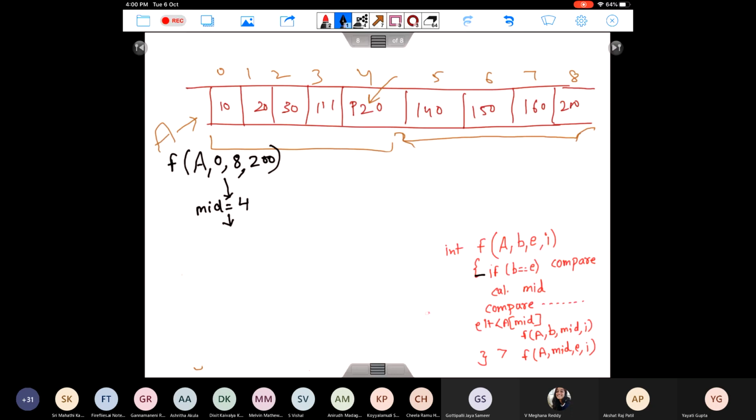So what is this function going to call now? This function is going to call f of a, mid, end. Now my beginning will shift to mid. So now my beginning becomes 4 and end remains 8, and the element I'm searching for is still 200. So this is the call invoked here. What does this f of a, 4, 8, 200 do? Again, beginning is not equal to end. So every time I'm first checking for my base case, whether there is just one element which I'm looking for. Here again, your beginning is not equal to end. Then calculate your mid again. So mid in this case is between 4 and 8.